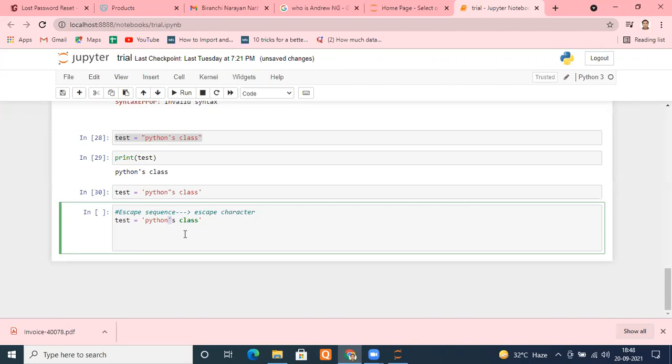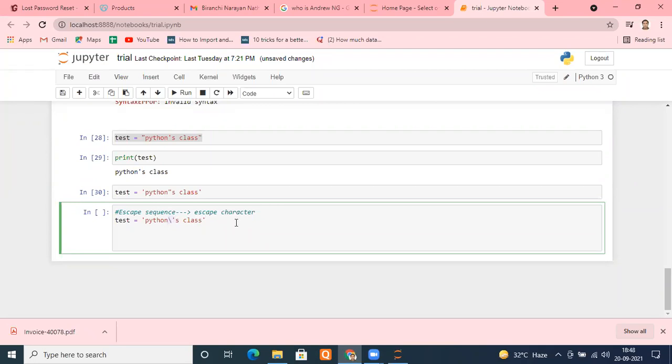So we want to make the interpreter feel, no, don't consider it as a string-terminating character. So we just put a backslash, and this combination of slash and quote is known as escape sequence. Individually, this is an escape character. Together, it is an escape sequence, meaning two characters together.